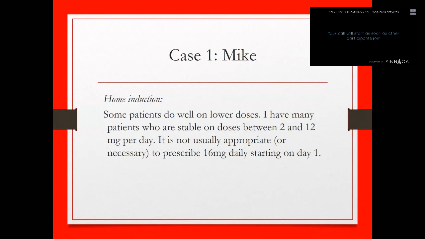Because of how busy my primary care office is, I could schedule up to a week after the initial visit. It's fine to schedule it sooner. It's probably better patient care to schedule it sooner, but it shouldn't be any later than a week after the initial clinic visit. Following up by phone, by text, by the electronic health record, these are all acceptable ways as long as they're HIPAA compliant.